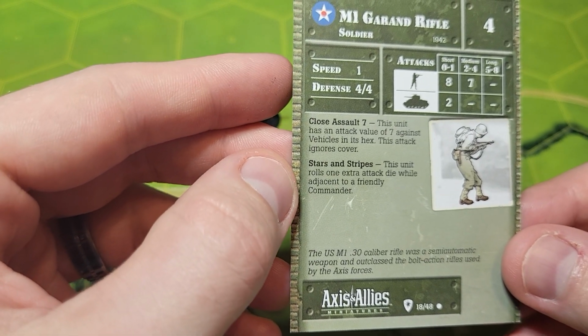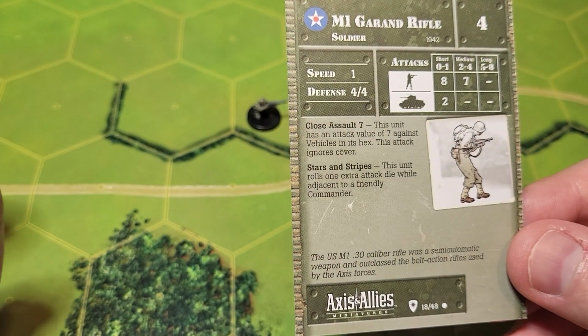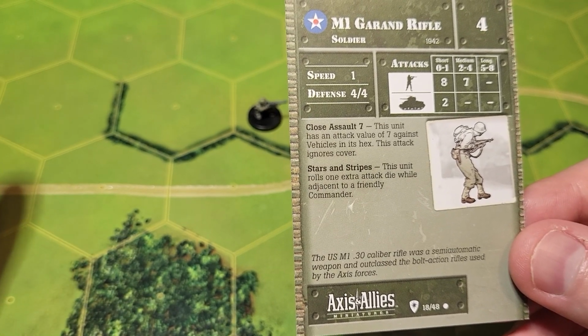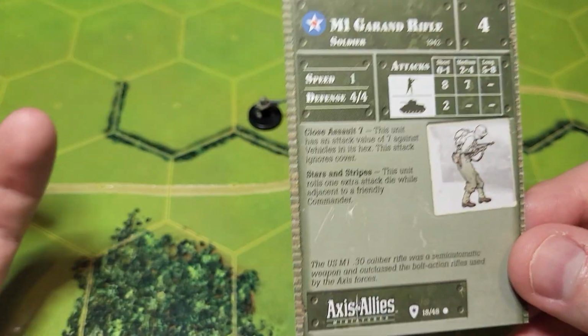So how do you really simulate something like that? Is that actually accurate? Well, it could be, but you're just saying everybody that has an M1 Garand rifle nearby a commander is just better? That's cool, but it doesn't accurately reflect things, because now all of a sudden you're at a 9.8, which